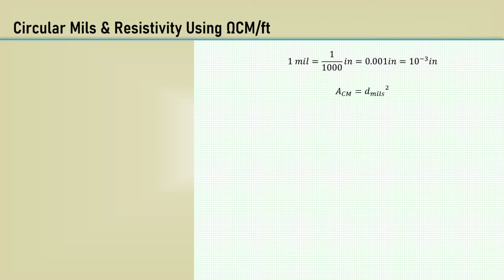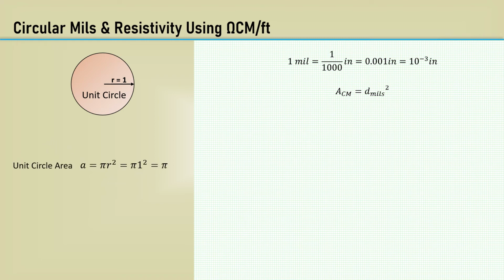What's fundamentally relevant about circular mils is that it's a diameter that is squared, so it's still proportional to area. We just need to account for the difference in the true area versus the area in circular mils. Consider a unit circle with its radius being 1. The area of the unit circle with the radius being 1 is